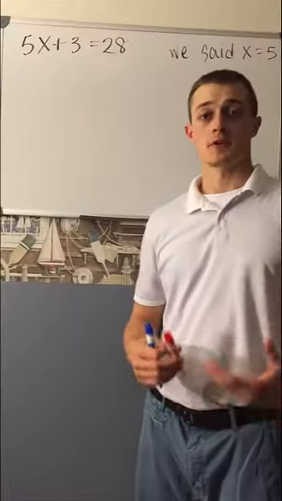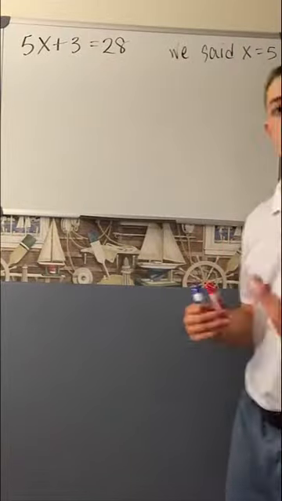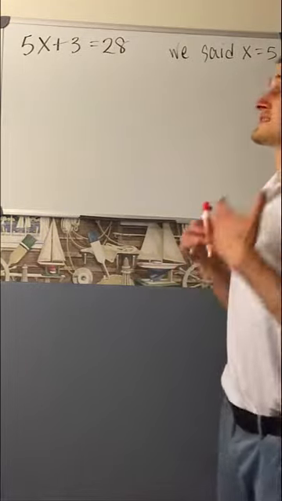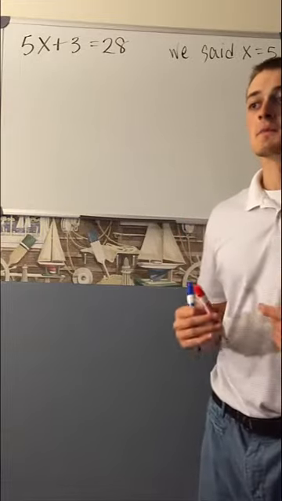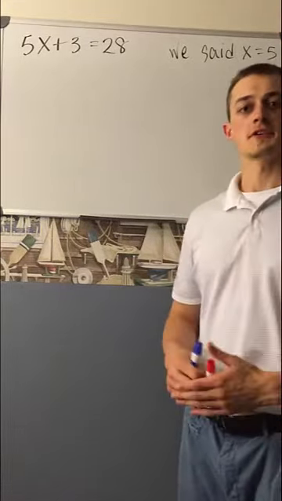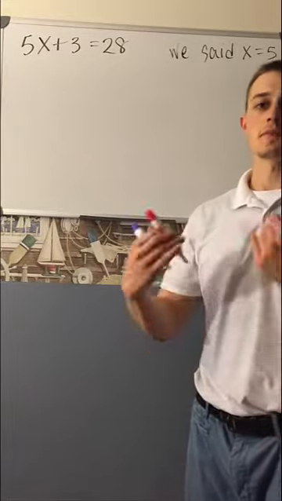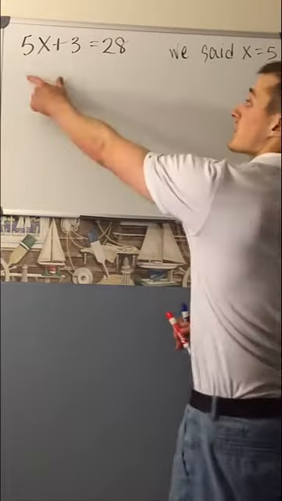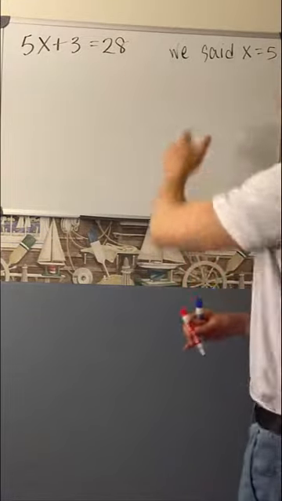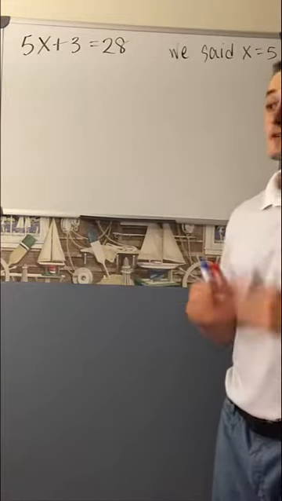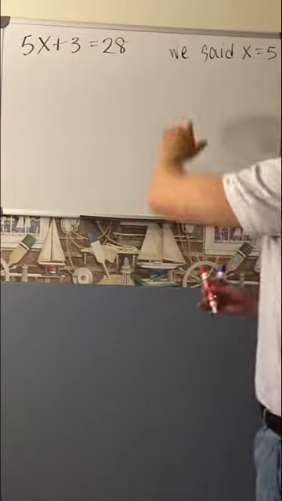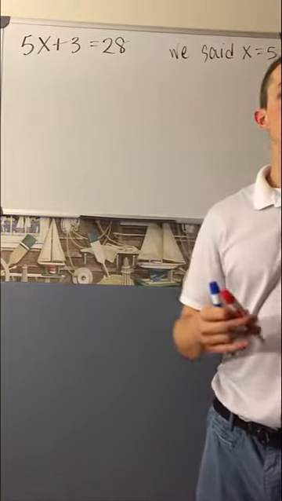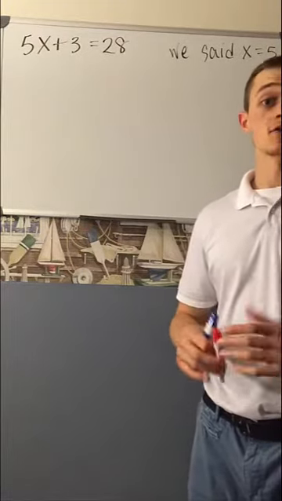So one thing I want to do here real quick before we move on is talk about a quick way that you can check your work when you're done solving for these algebraic equations. Because it's helpful to be able to solve these equations, but sometimes you may not be totally confident in your abilities, and it's good to be able to go back through and look at your work and make sure that you did everything correctly. Now the last problem, we had 5x plus 3 equals 28, and we said that x was equal to 5. Okay, great, but how can we know when we're done that x equals 5 is the correct answer?